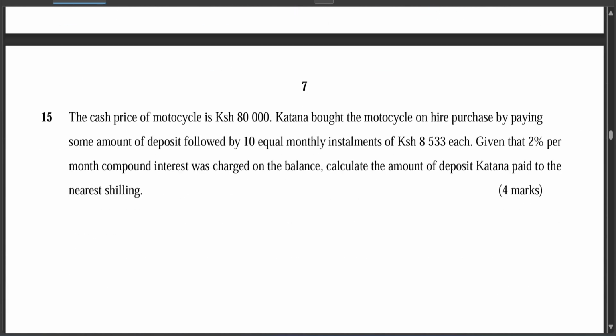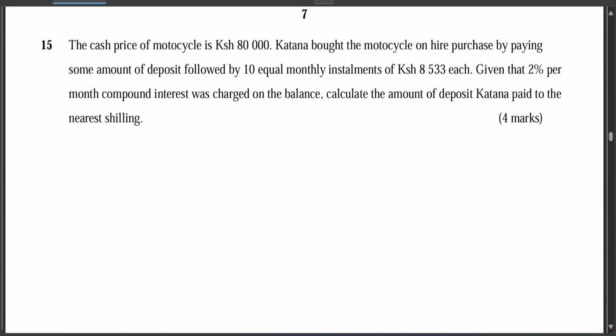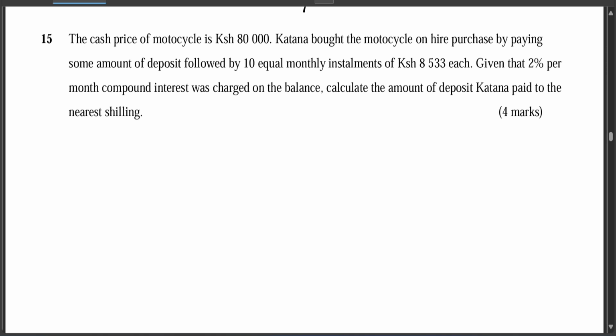Question 15, approaching the end. Question 15 says the cash price of a motorcycle is 80,000 shillings. Katana bought the motorcycle on hire purchase by paying some amount of deposit followed by 10 equal monthly installments of 8,533 shillings. So remember, in these installments we already have compound interest in it. Given that 2% per month compound interest was charged on the balance, calculate the amount of deposit Katana paid